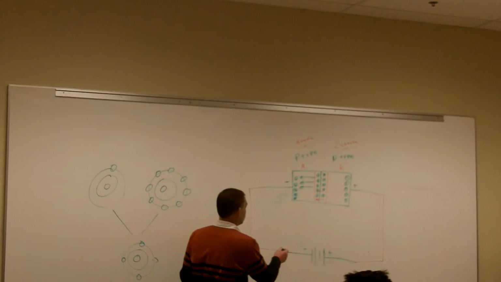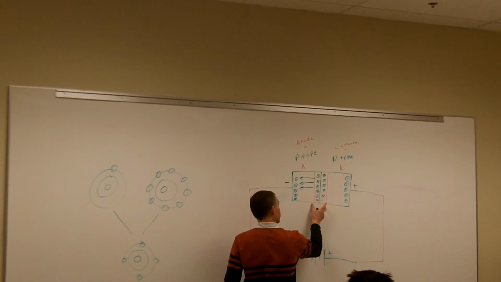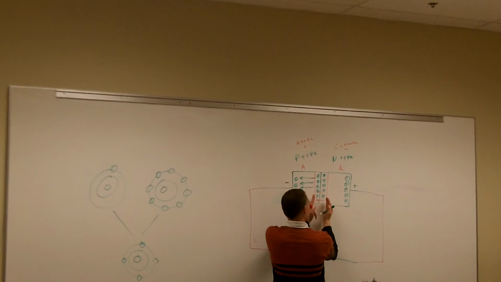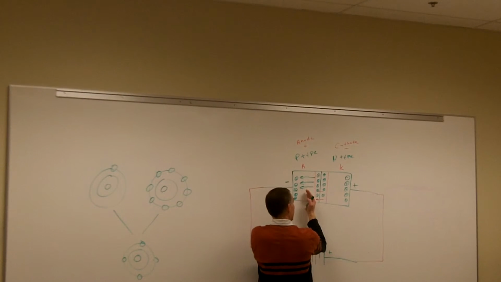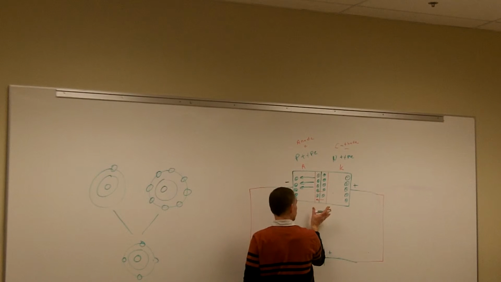I've been talking about this barrier potential. That's the amount of voltage that it's going to take to get those electrons to jump from one side to the other side. And if we're talking about a silicon diode,